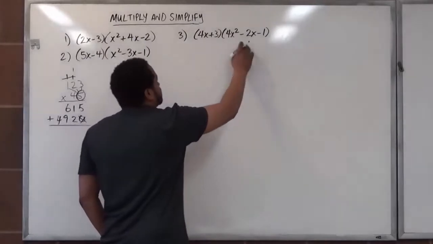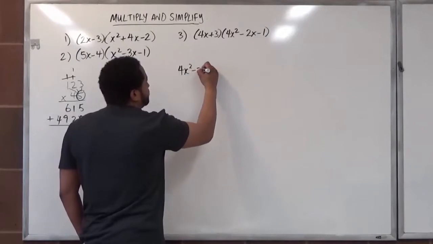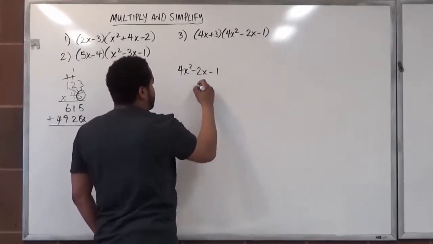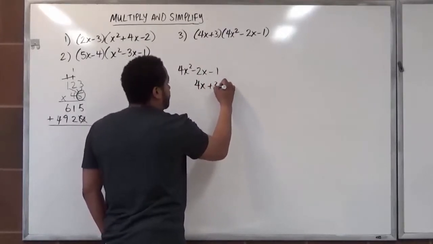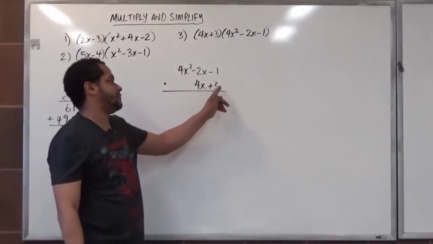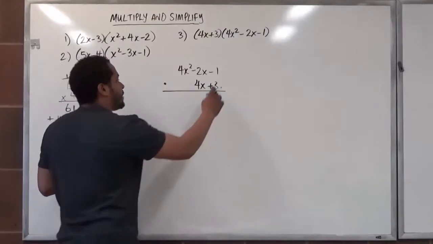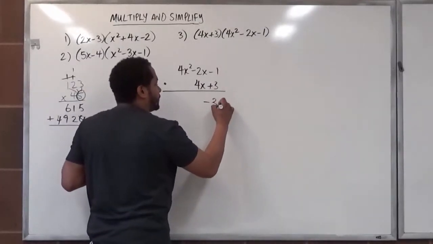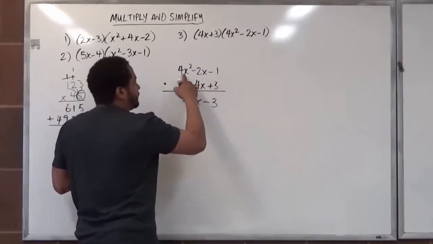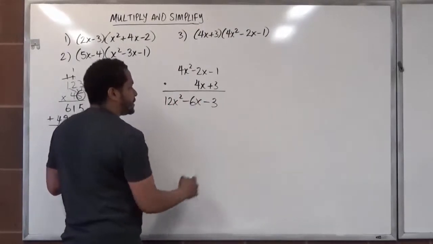So what we do is we take the smaller of the two, and we put it on the bottom while we put the larger one on the top. This works very well for this problem because they're in descending order, right? And so, when we're using the stacking method of multiplication, what we do is we take the first term and multiply it by each term, writing the results on the first line. So positive 3 by negative 1, negative 3. Positive 3 by negative 2x, negative 6x. Positive 3 by 4x squared, that's positive 12x squared. Then we're going to skip a space,